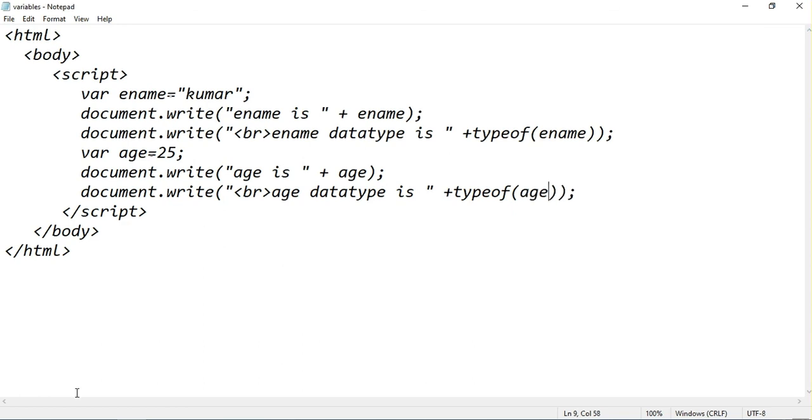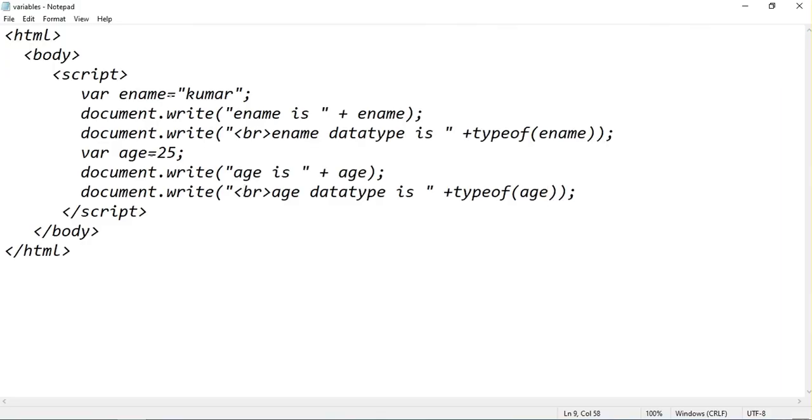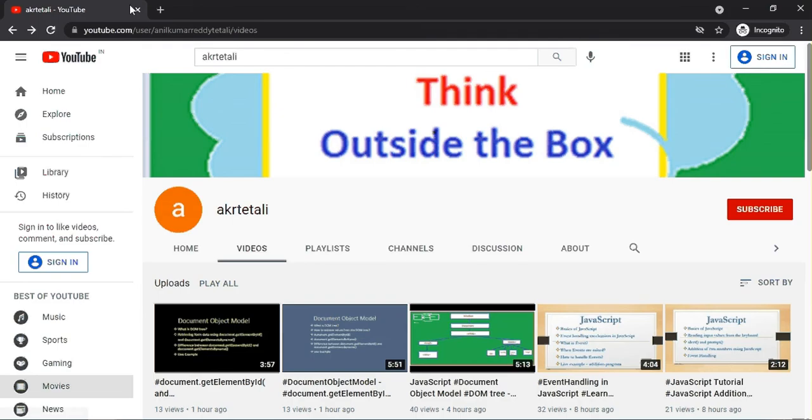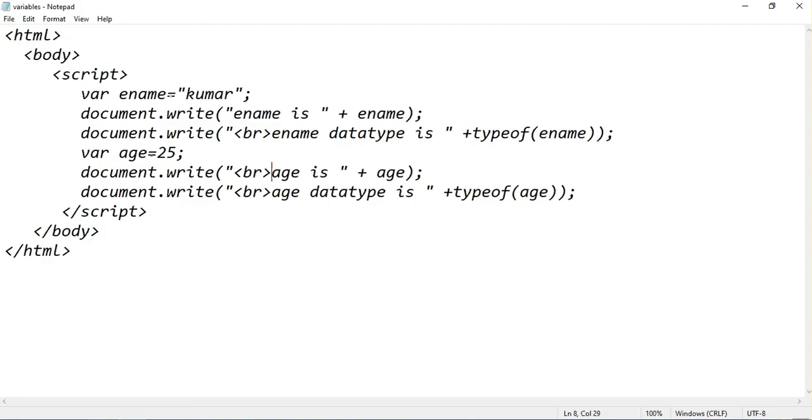Let me print these values. I will put one break statement here. See here, age is 25, age data type is number.